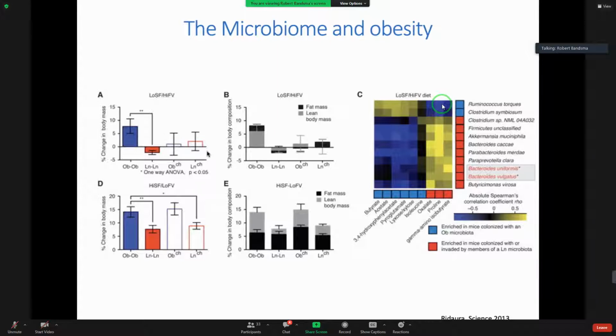And what they then did is they also looked at when they co-housed the mice with mice from the other group. So basically then the whole microbiome got mixed up because there's coprophagy among mice. So they eat each other's poop. So if you put them in the same cage, their microbiome basically becomes one that influences one another. And that then led to a loss of the changes in weight, in body mass.